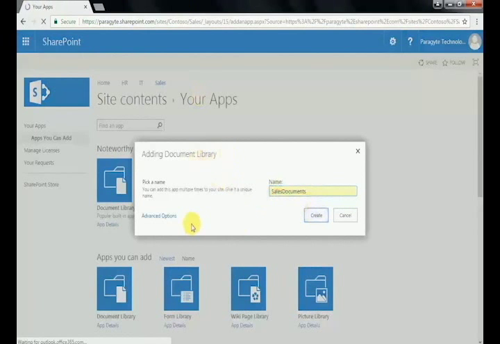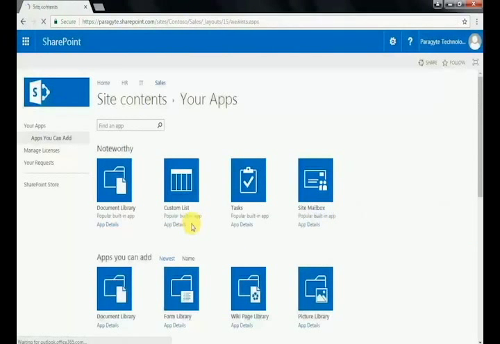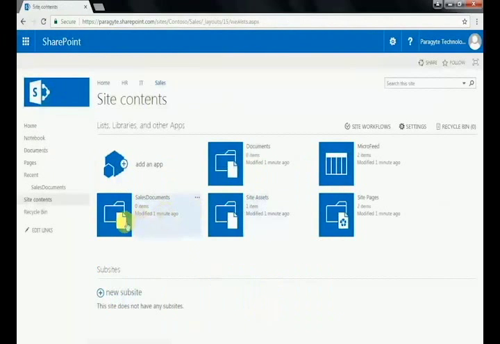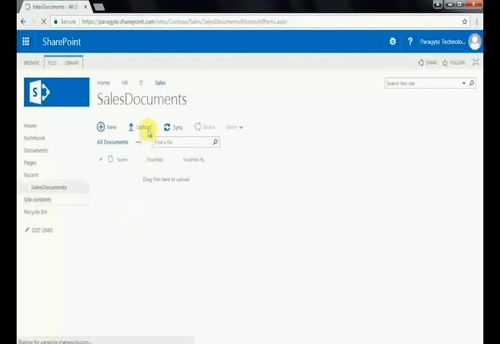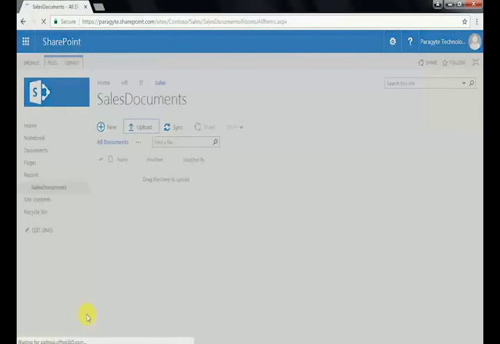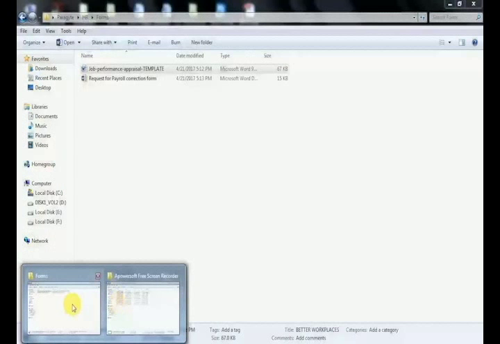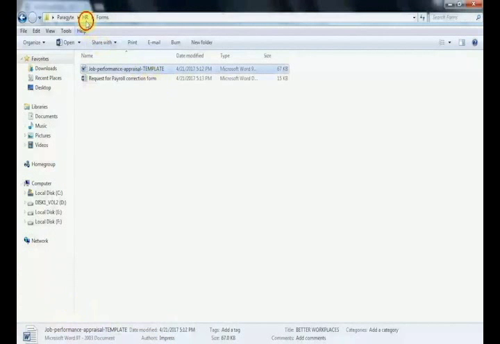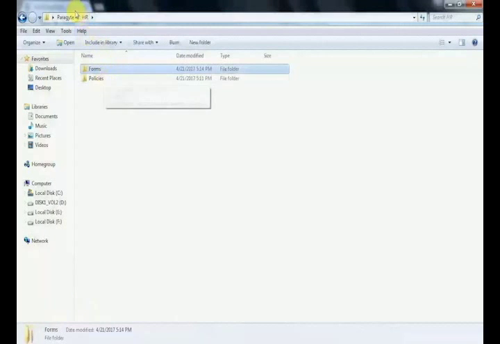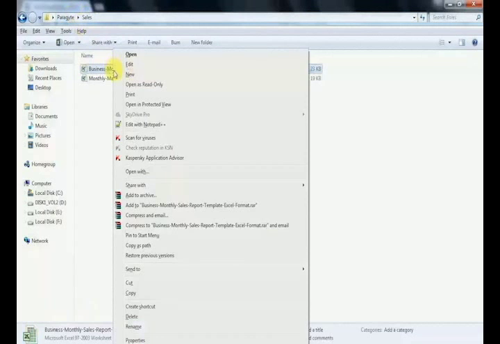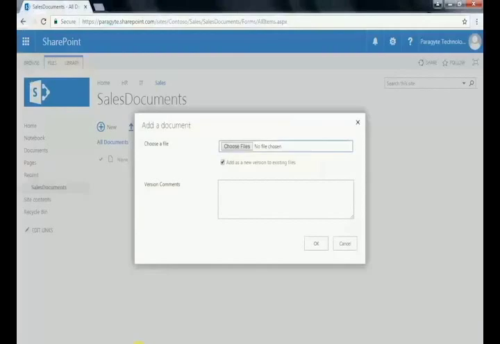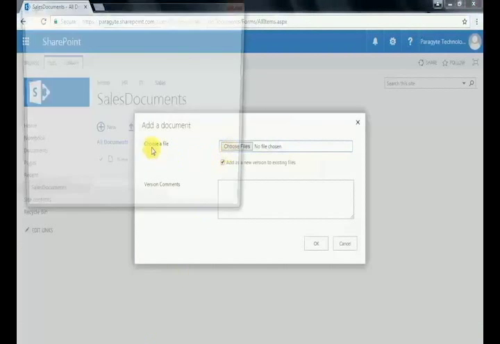So this will create a document library for sales, and now I want to add a few documents here. Go to the sales document library, click on upload. I have some forms here, sales, and this format, business monthly sales template report. So copy as path, choose files, and then open, and then click on OK,